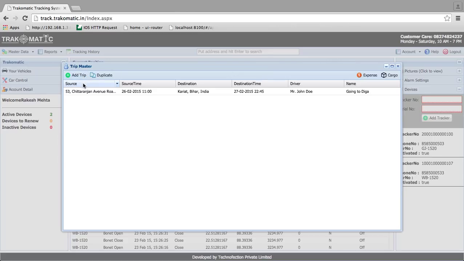And it will close the window. It will come back to your trip master window, where you see the source, the destination, and the trip name that you put in. And we'll be starting at the source at this time and going to the destination at this time. So click there, and